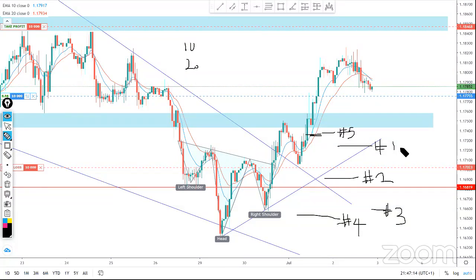So we can see right now we have 5 confluence factors supporting our trading decision. Those are the reason our trade was able to move in a bullish rally upward. Price made a pullback to the 10 and 20 EMA, and then we had a massive rally upward. We trail our profit. When things weren't going right, we exited right here, and you can see price is now coming downward.